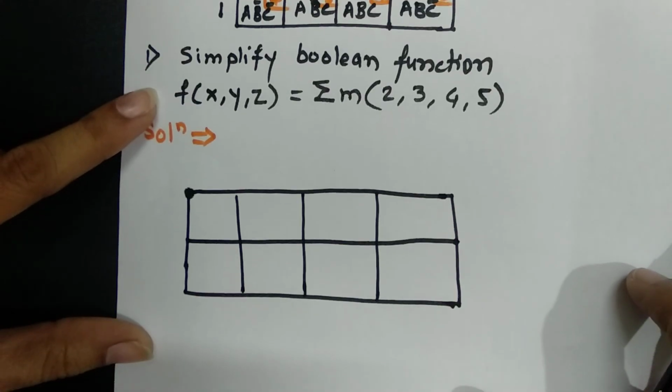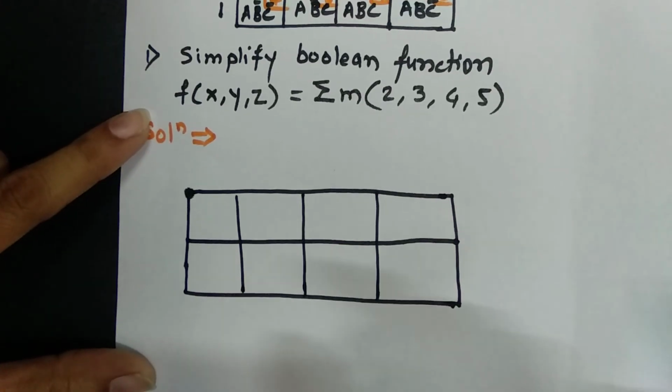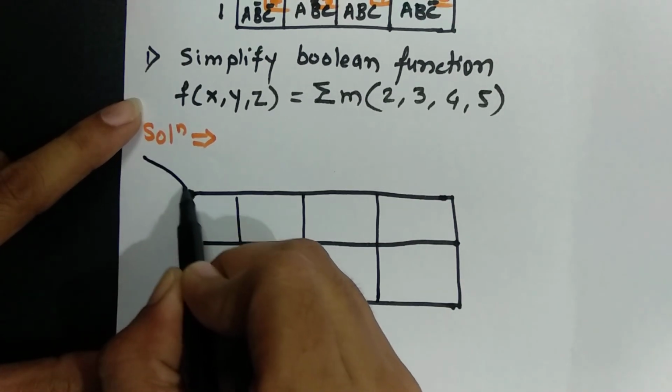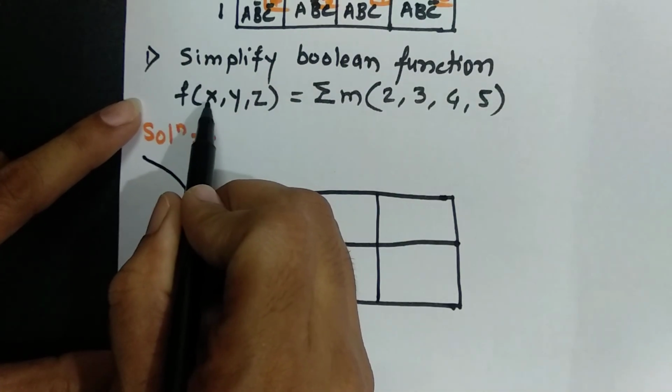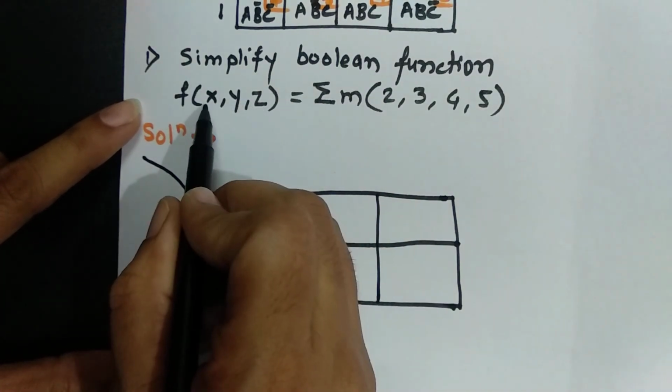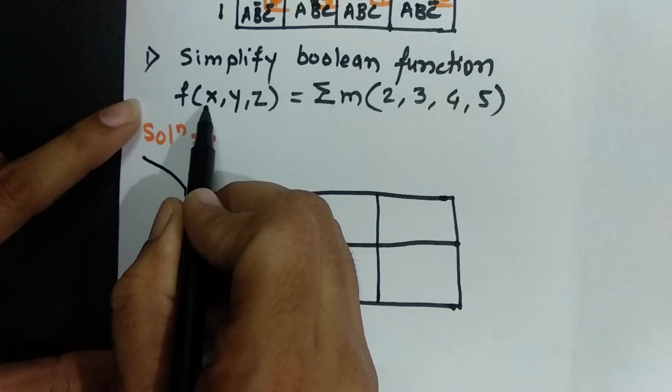So you have to draw the K-map in this case. What are the inputs? We have the inputs x, y, z. X is your maximum term or the